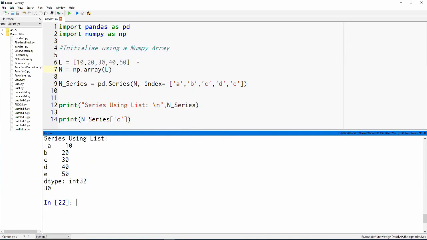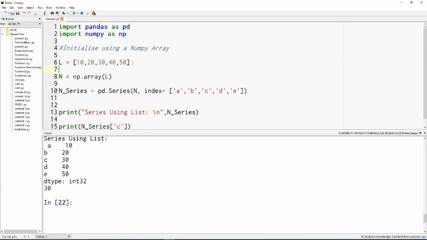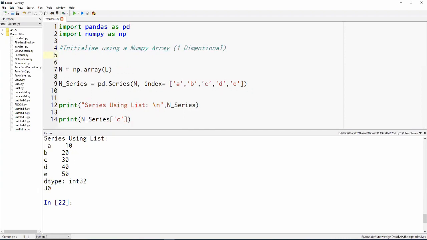Another thing is that in NumPy arrays we get a lot of opportunities to work, and there are different ways to create a NumPy array. So all kinds of NumPy arrays will work here. We just have to make sure that this NumPy array is one dimensional. We just have to ensure that. So if you want to create a one dimensional array, how many methods do we have? We have many kinds of methods which we can use.